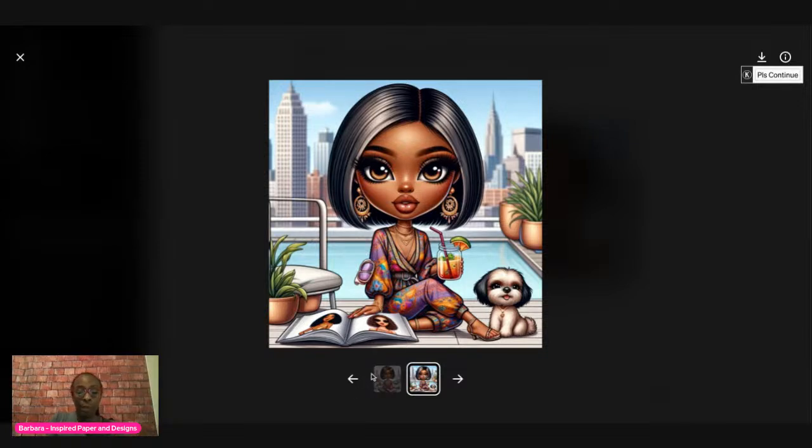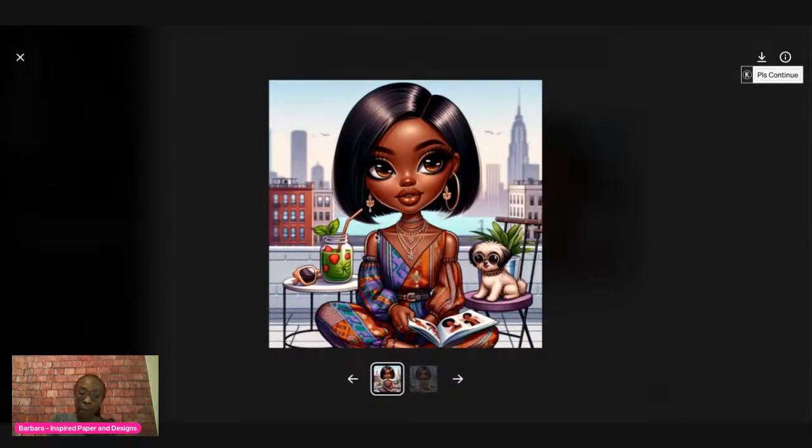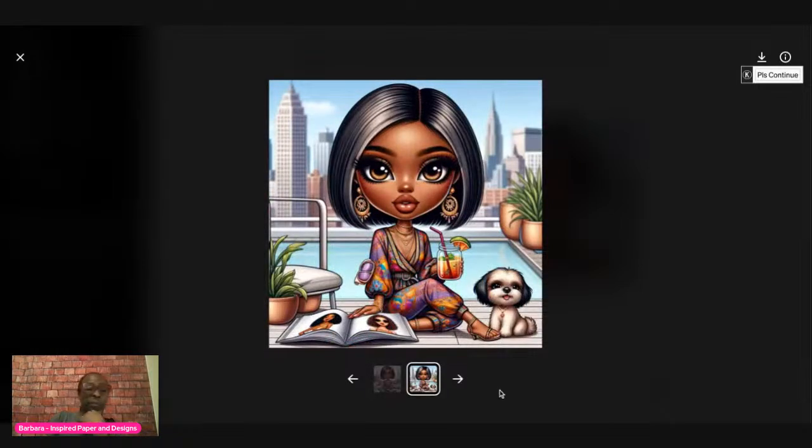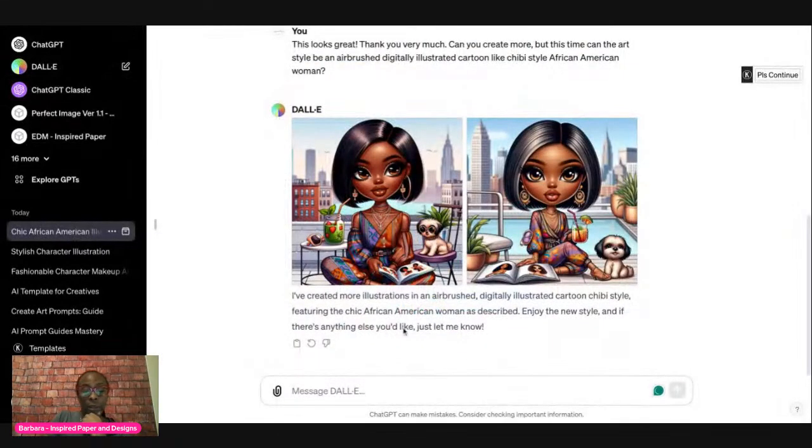So do you prefer image number one or image number two? Which one do you guys prefer? And whichever one you prefer, I'm going to click on the prompt that ChatGPT generated. I'm using DALL-E, and I'm going to see if it makes it maybe a little bit cleaner.